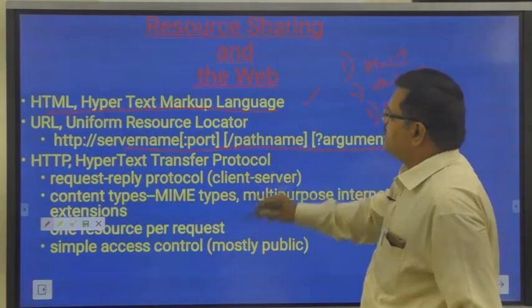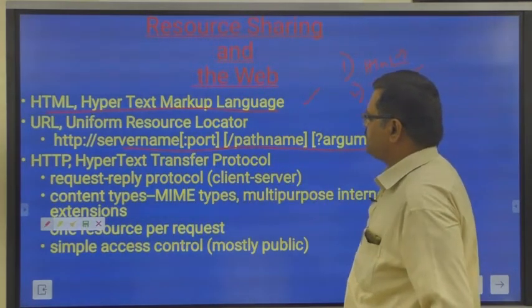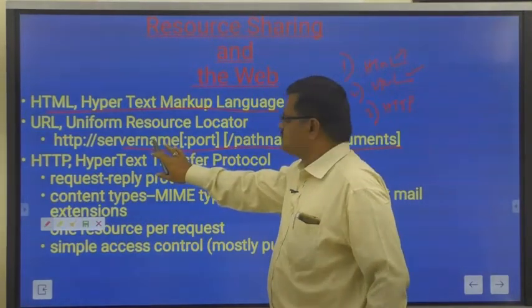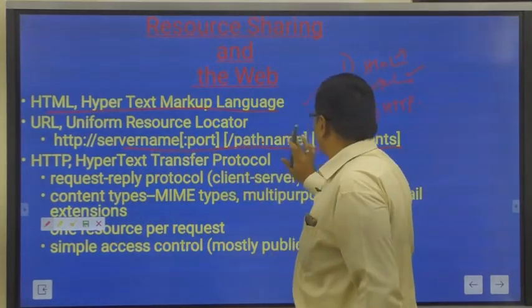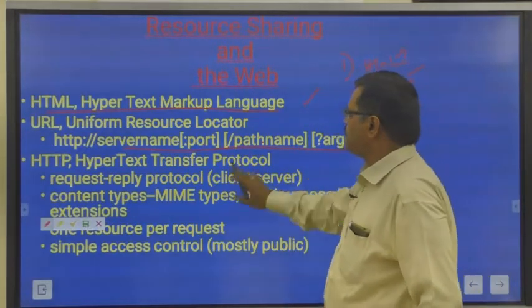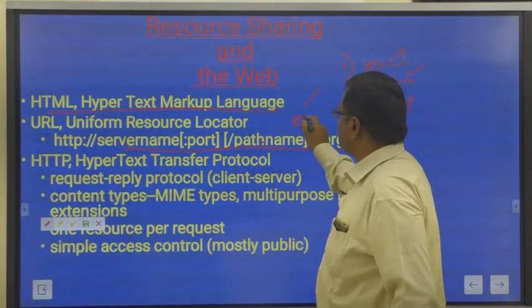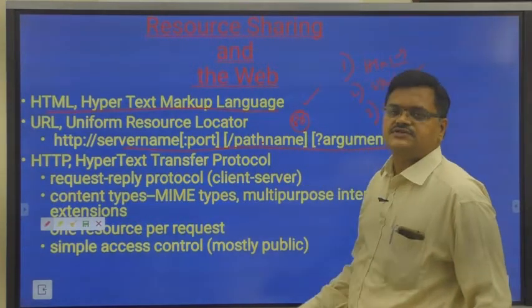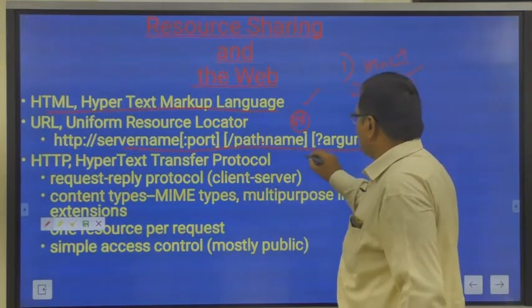So here we can see that the server name is compulsory, whereas the port, path name and arguments are optional. Okay, so the port is by default 80 for HTTP, and the path name and arguments differ. Suppose the URL is like this,